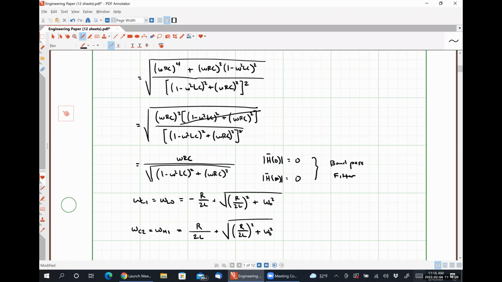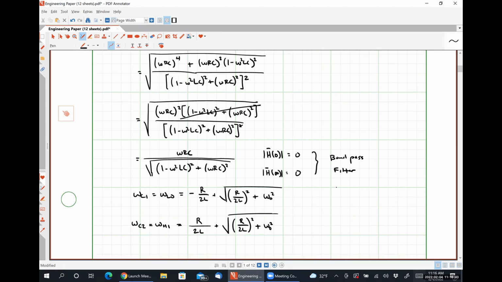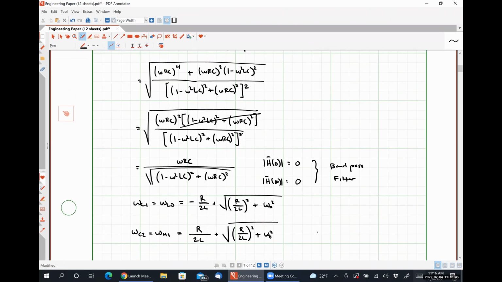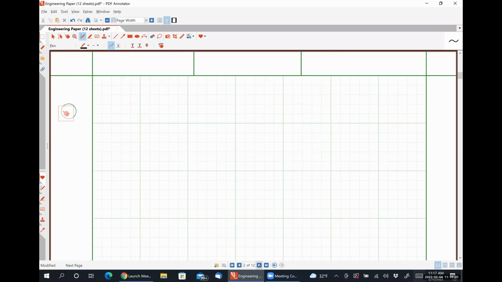So very, very similar, a little different, but very, very similar to what our natural frequencies were for our series RLC circuits. Really just the placement of a couple of signs change. So before we move on to the phase response, any questions here? All right. So for our phase response,